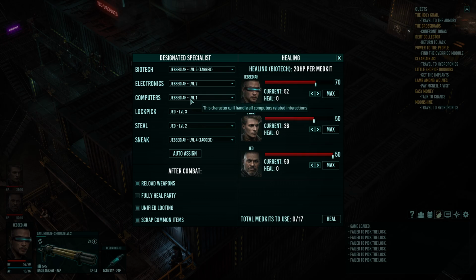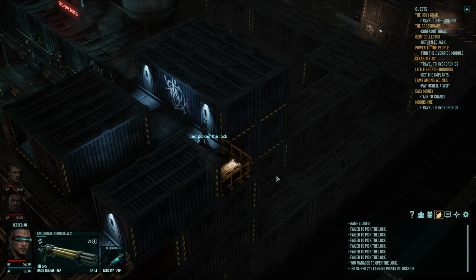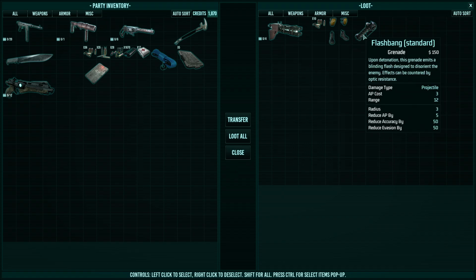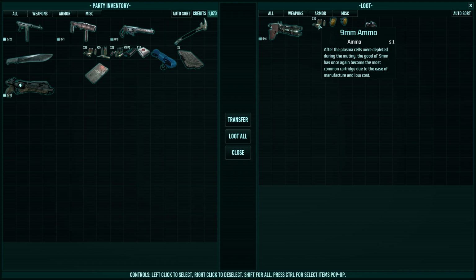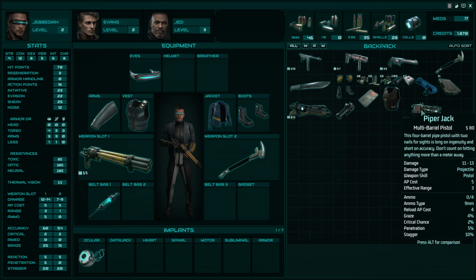Very good. We could also select auto-assign, but yeah. Sorry, that's the first step. And I don't think I need to select my character. Yeah, Jed picked the lock. There we go. Now, what do we have? Lovely looking pistols, a flashbang, worker boots, and ammo. Loot all. Now, that matters a lot, though. I would say potentially...